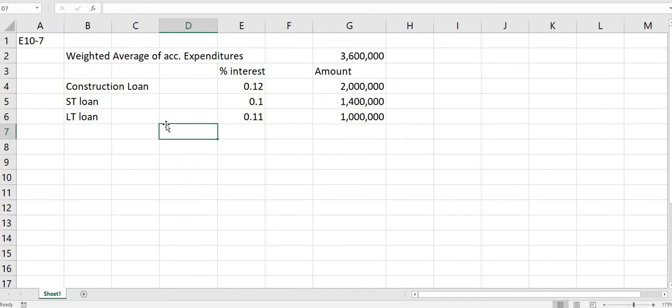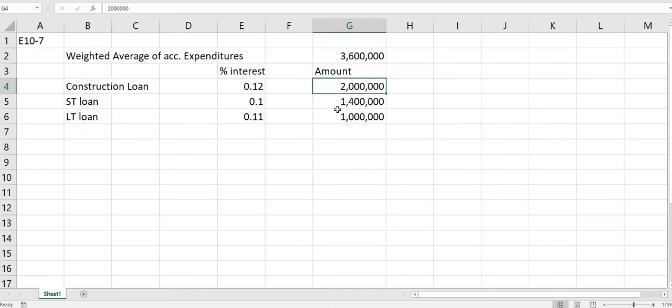Aloha class, I wanted to do a video on exercise 10-7 to help you understand how we're going to capitalize interest on a building or an asset we are constructing. The beginning of the chapter talked about how you find the weighted average of accumulated expenditures. I think it starts with the concept that we're going to take out this loan specifically for construction,